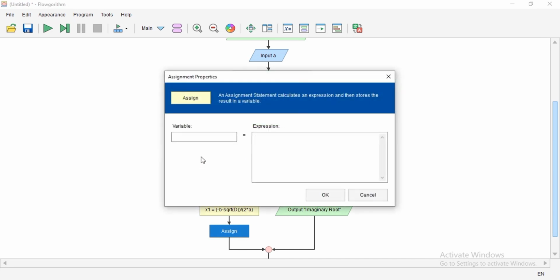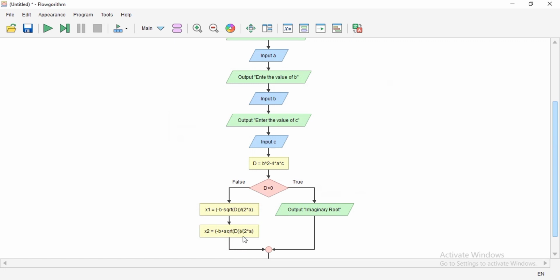To find x2, the formula is minus b plus the square root of determinant over 2 times a. Like this. Is it right? Okay.